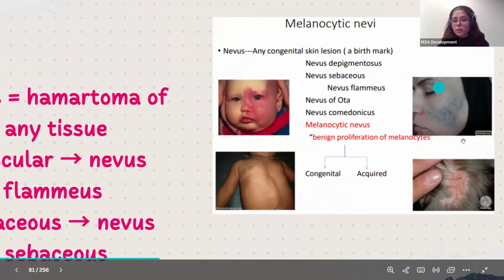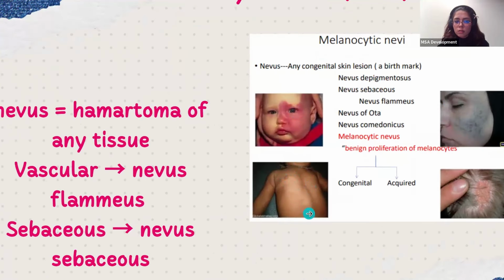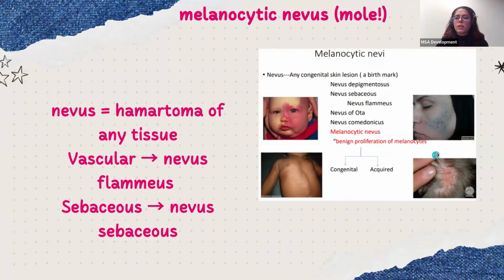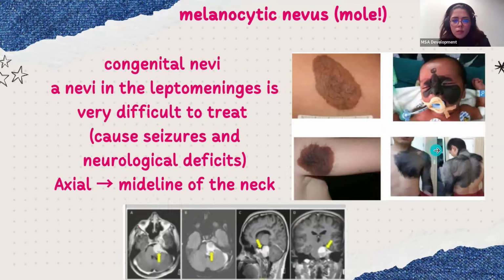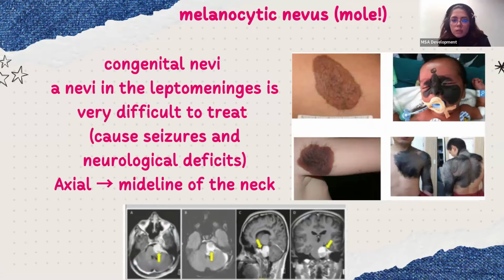This is what nevus sebaceous is. And vascular, this is what it looks like. Then keep it at the back of your head. I don't believe it's that important. Melanocytic nevus, which is the mole. This, congenital nevi. Now, one thing that I feel like if they're going to be testing you about that they haven't tested before is